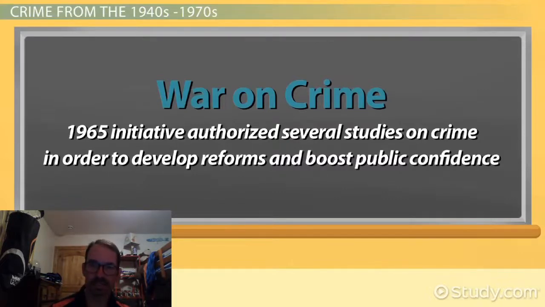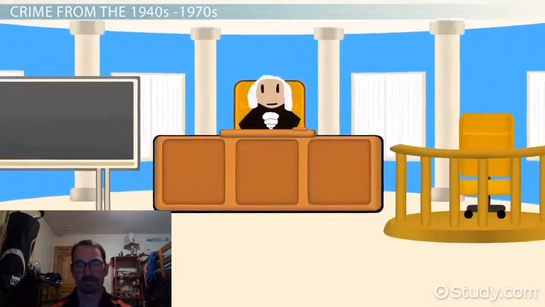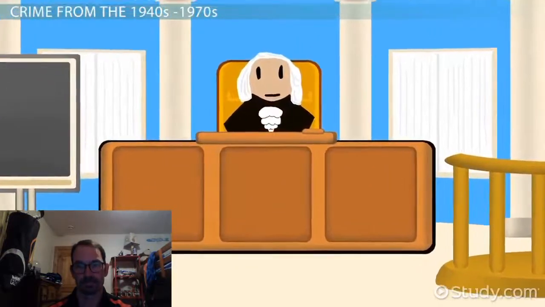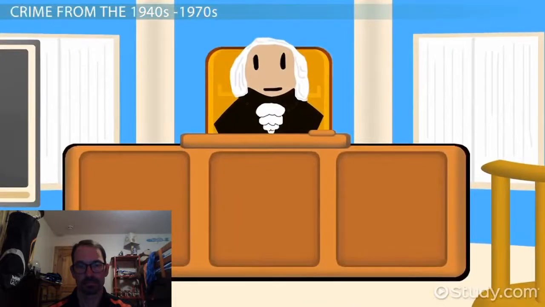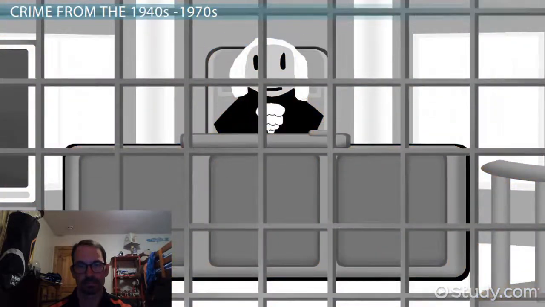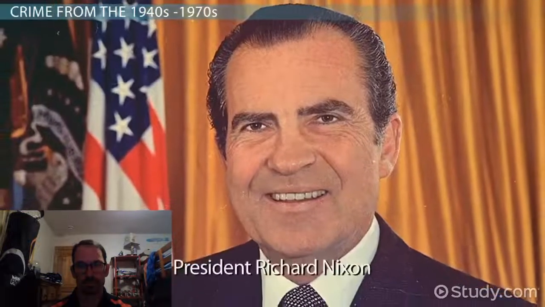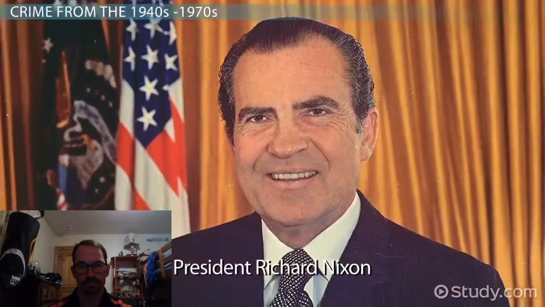The national government starts getting involved in local and state crimes. Those crimes were considered to be beyond the jurisdiction of the federal government, so the federal government's previous involvement had been limited. In 1970, President Richard Nixon also declared or redeclared a war on crime